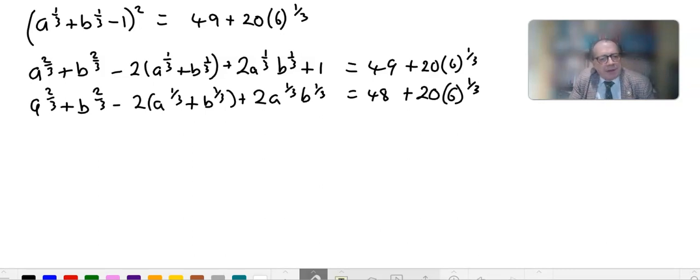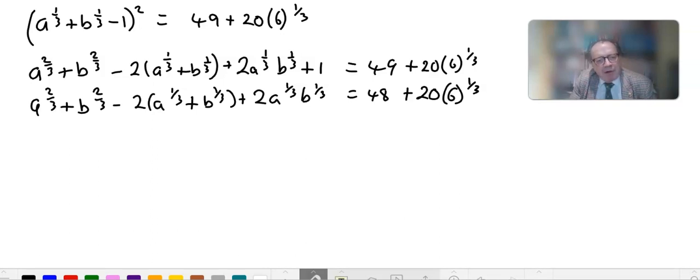Now, the key to this whole problem is given by considering where we're going to get this 48 from. Because if we look on the left-hand side, we've got a^(2/3), b^(2/3), and then subtract a^(1/3) plus b^(1/3) twice, and then we have plus 2a^(1/3)b^(1/3), and it must be from this bit, 2a^(1/3)b^(1/3), that we're going to obtain the number 48. And the only way that can be done